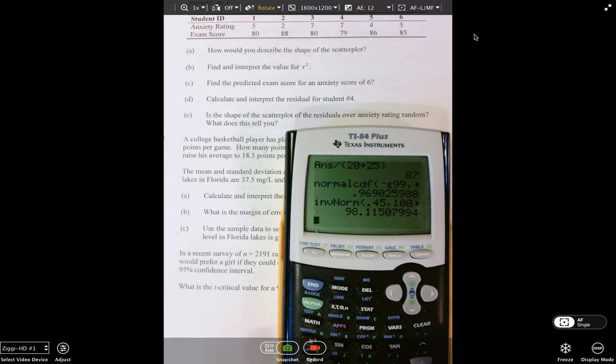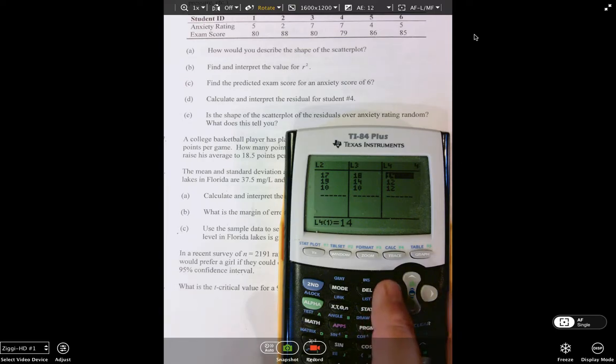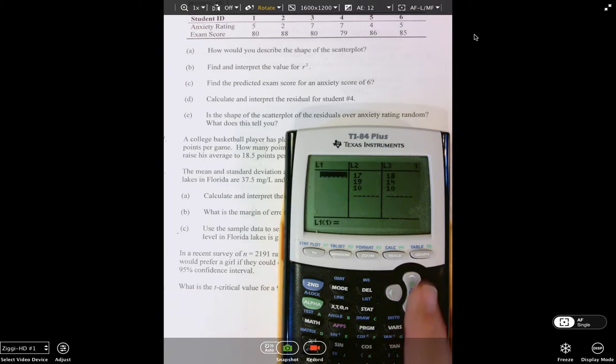All right, gang. I'm going to go through the entire steps here. So I'd want to go to stat, and I want to use L1 and L2. The first thing I want to do is clear out the data that I have. So I'm going to go clear enter or clear down, and I want to clear this out, so I want to hit clear,